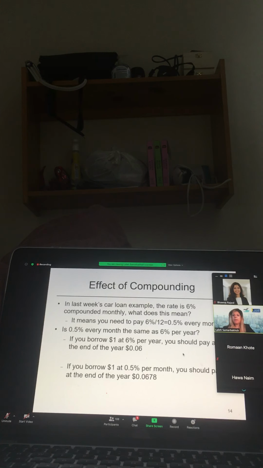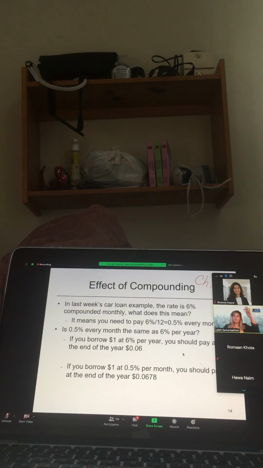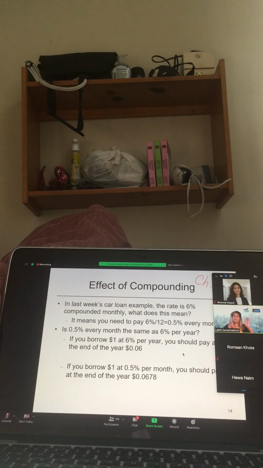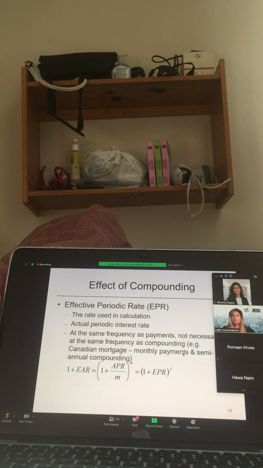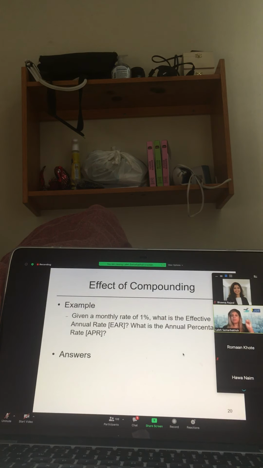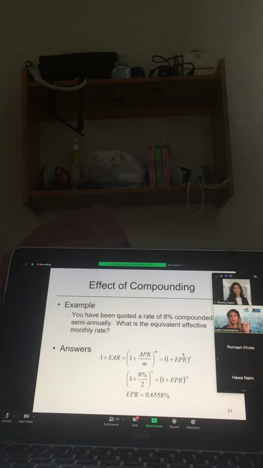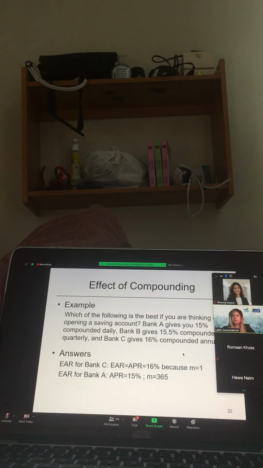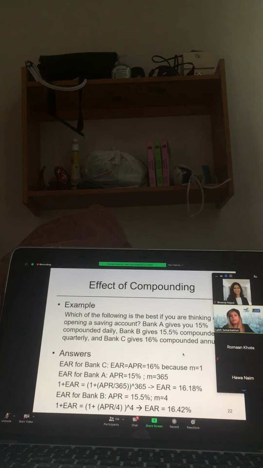Then from here onwards, the effect of compounding, I can tell you that this is chapter 5. So it won't be on your quiz today. For today's quiz, what I expect you all to know is how to use your calculator with all those 5 input variables, PV, FV, PMT, annuity, perpetuity, everything like that, okay? With effect of compounding, we learned how to convert the rates. You have to know how to convert the rates, guys. You're going to need it for mortgages later, for your midterm. That's going to be important.